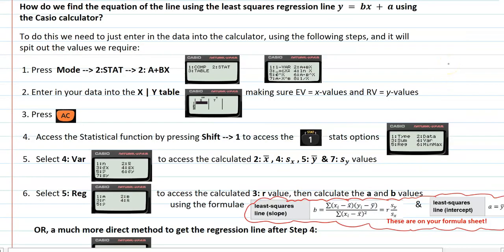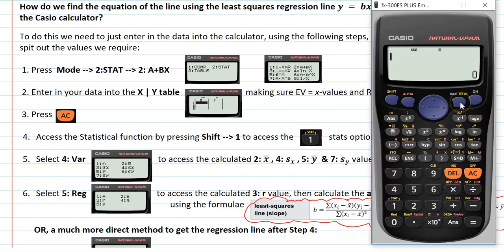The following are the steps we're going to take when we're inputting all of this into our calculator to generate the statistical values we're after. So you'll have to open up your calculators and we'll work through the example. The first thing we need to do is to enter the data itself.